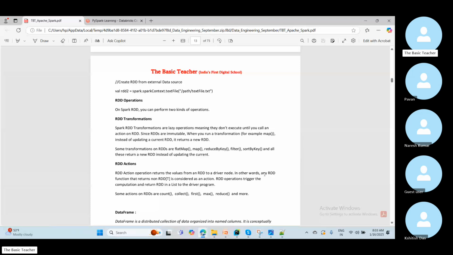And then data frames can be constructed from a wide array of sources, such as structured data files, tables in Hive, external databases, existing RDDs, or many other sources. You can create it. For data frame creation, the simplest,